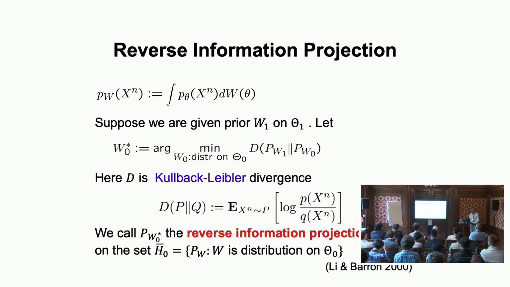And now let's look at the prior on the null. We have a composite null, like the t-test, and we take the prior which minimizes the KL divergence to the alternative's Bayes marginal distribution. So among all these priors you could take, you take the one which makes the KL divergence smaller. This is called the reverse information projection of the Bayes marginal on, essentially, the convex hull of the null.